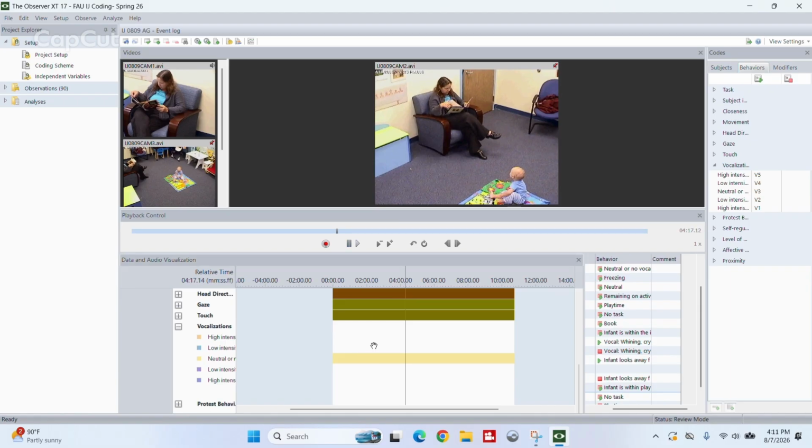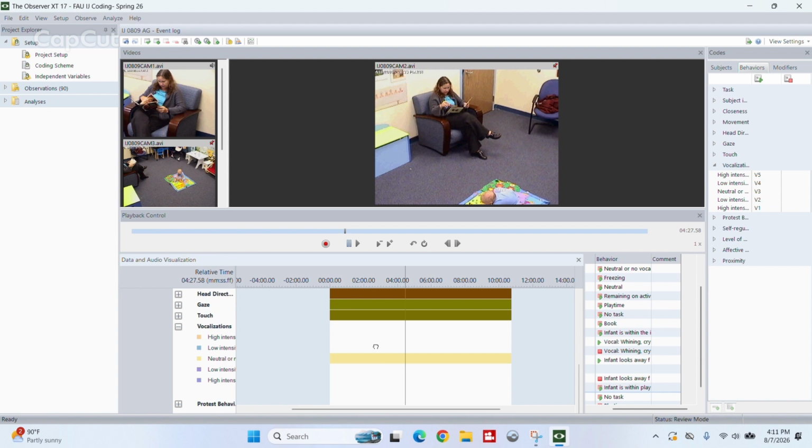So for this one, I would say that one was more neutral. That one was just a, and then that one, it seemed like he was getting fussy. So I would say that is on the higher intensity of the negative,